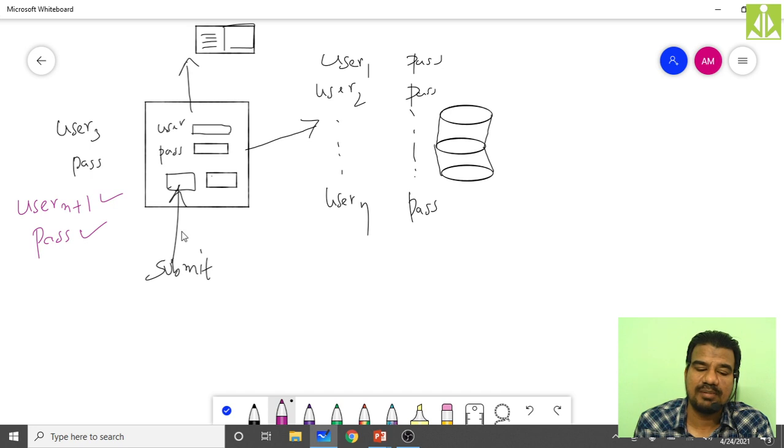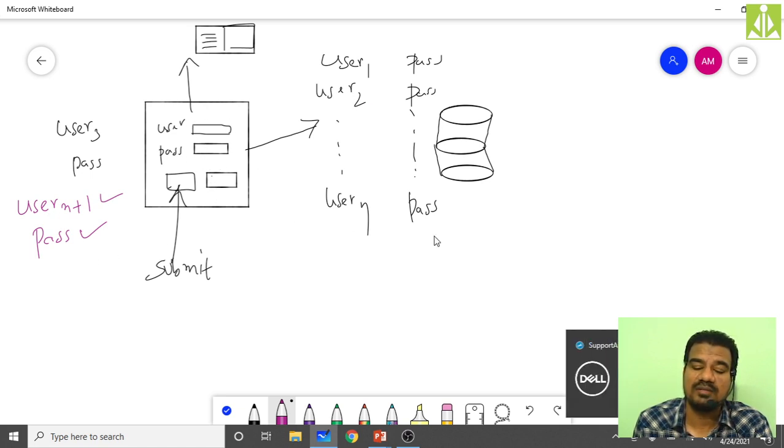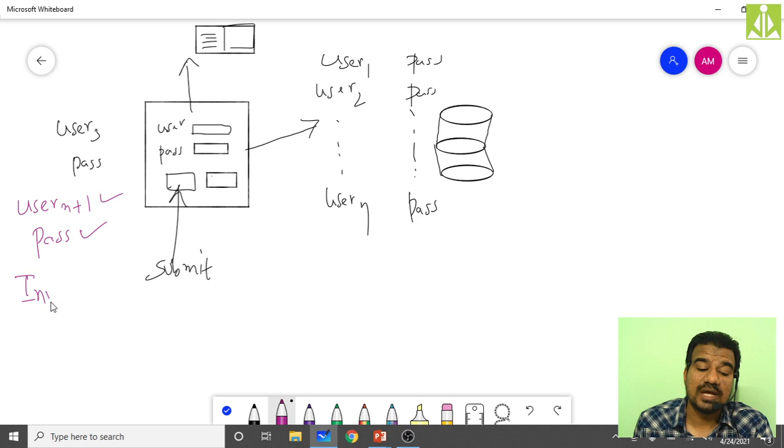So what should happen? Whenever you enter these credentials and click on the submit button, the web page is going to interact with the database, and inside the database it will not find these credentials. So immediately it has to give some error message that these credentials are not there in the database, or that this user, whatever you are trying to enter, is an invalid user. It has to give some proper information: invalid user.